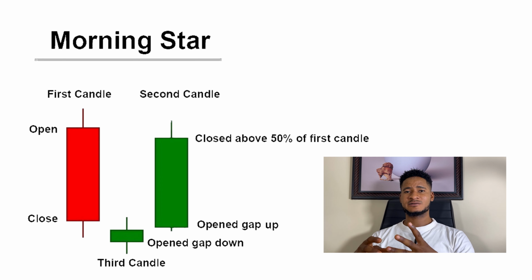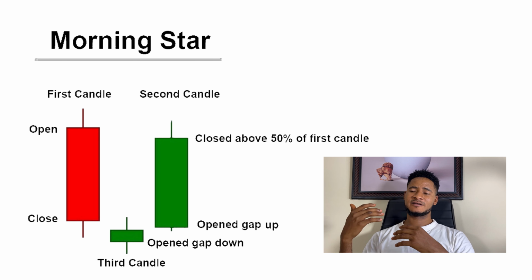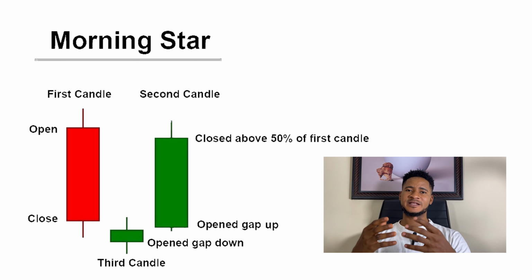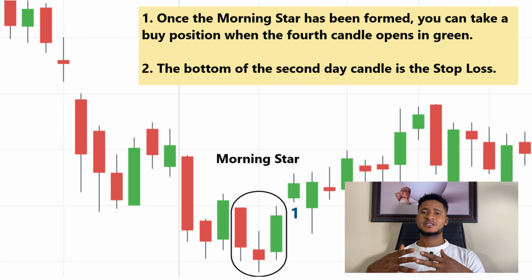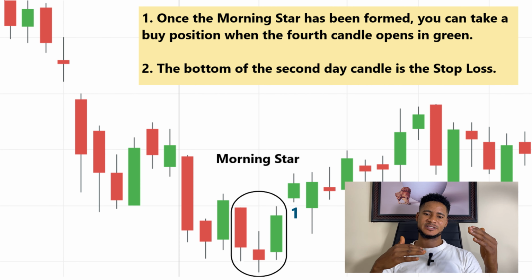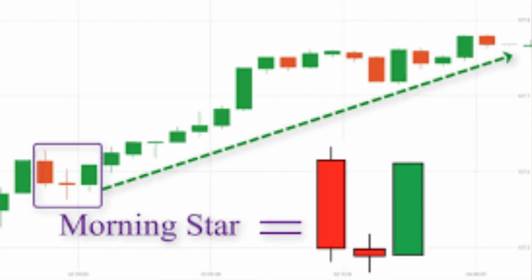The next one I'm going to be sharing with you is called the morning star, and the morning star comprises three candlesticks. This is a very great pattern, and it tells us that there is going to be an upward movement in price. A morning star is a downtrend reversal pattern, which means when there is a downtrend and you see this pattern at the end of the downtrend, it clearly tells you about a reversal in price. You would have to check for confirmation with other technical indicators so that you'll be sure of what